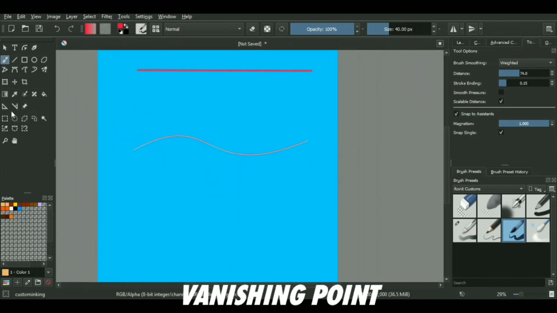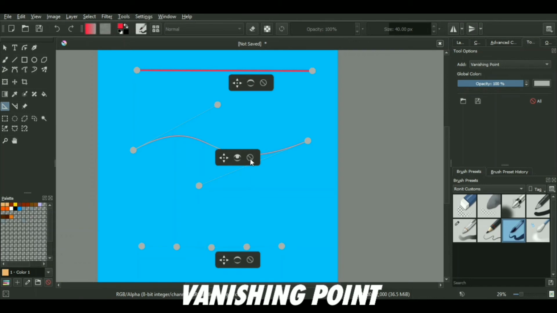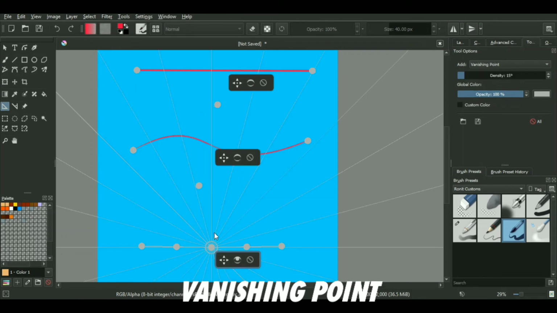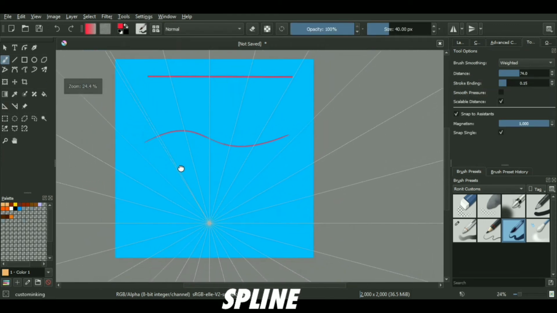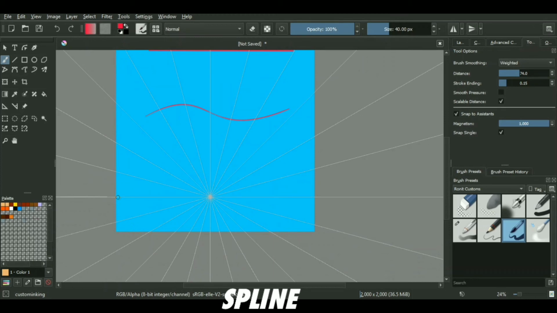So finally, coming to the most useful as well as loved tool by comic artists, level designers, animators, and those architects. So I'm talking about the vanishing point, or many people call it the star-like thing, which is very useful if you want to draw some perspective artwork. Really important. I don't know whether you will be using other assistant tools or not, but this one is something which every artist uses. At least that's what I've been told.